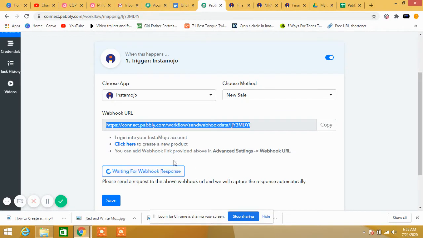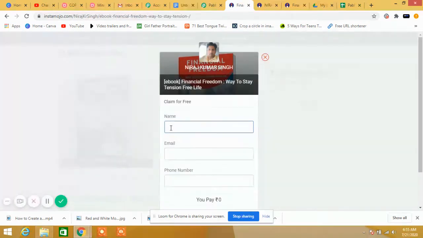So it's searching. Now I will enter the details like ram, ram demo at gmail.com, demo number.